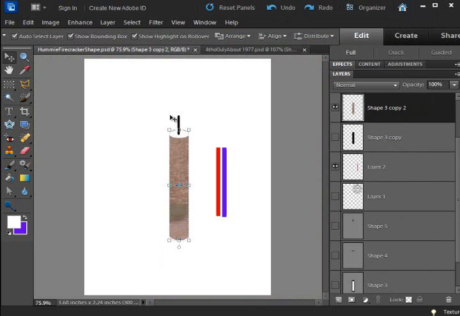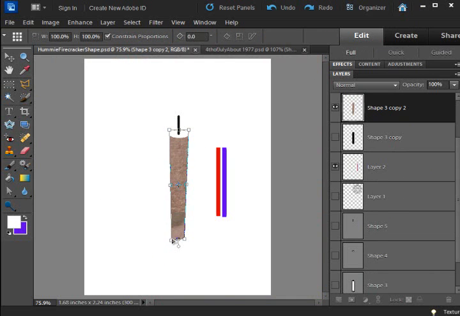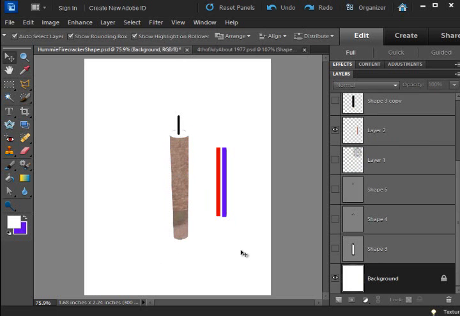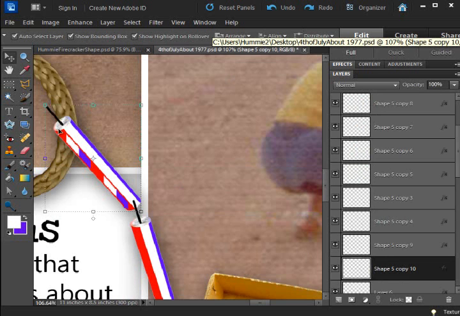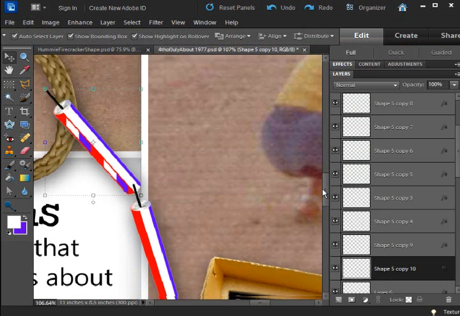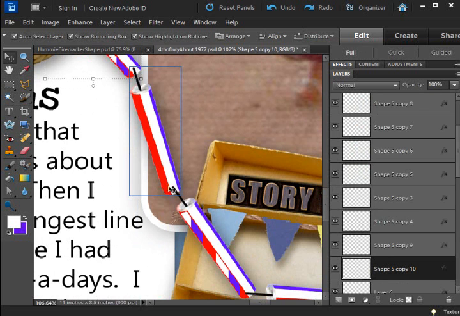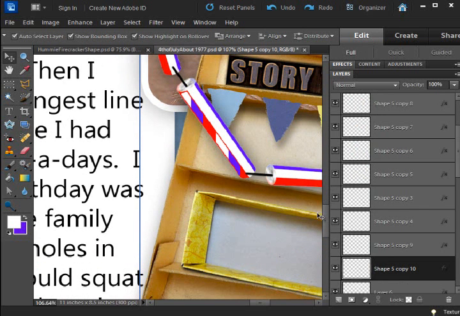Let's say it was patriotic looking, and I held down my Control button and brought in these edges here a little bit because I wanted mine to look like it had perspective, like this was higher up than the bottoms. So I did play with my shape, and you see that helped to make it a little more realistic,